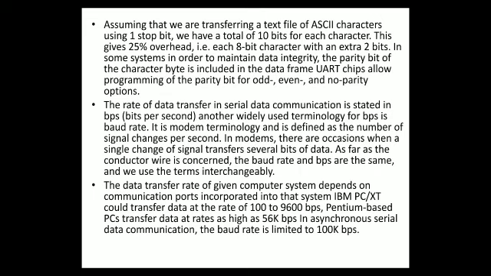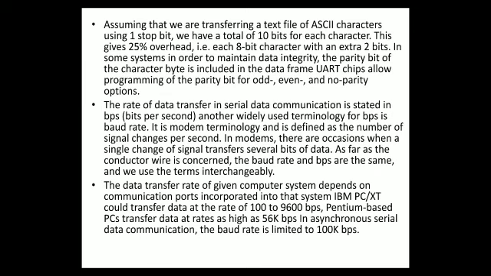So let us now understand some of the measurement parameters of serial data communication. The rate of data transfer in serial communication is always measured, or always stated, in BPS. This stands for bits per second. So serial data transmission is always measured in BPS, bits per second. You might have observed in 3G, 4G communication, we always use Mbps, that is, megabits per second, as the transmission rate. Therefore, BPS is one of the standard units used for the measurement of serial data communication.